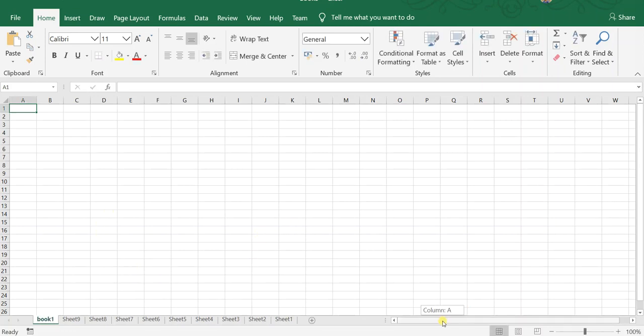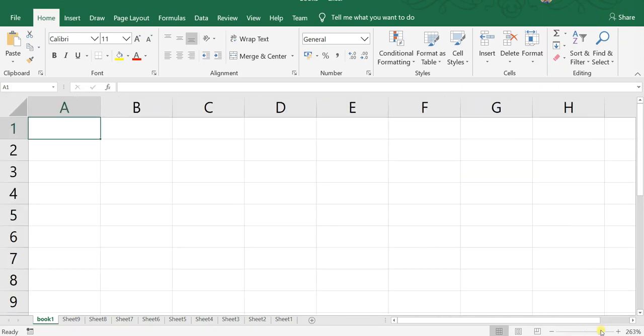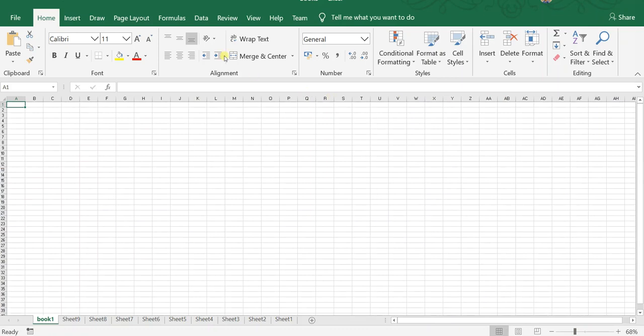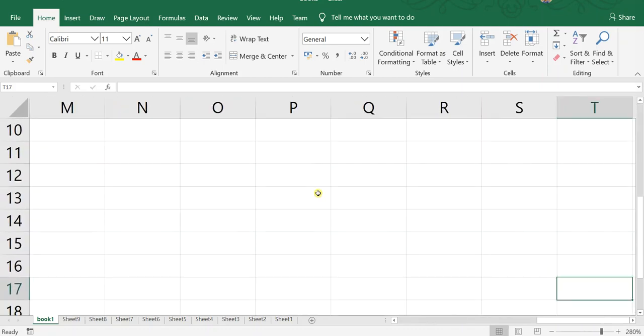And coming to here, these are scroll bars. So this is a horizontal scroll bar and this is a vertical scroll bar. And using this you can zoom in and zoom out the page. You can only zoom in the work area, not the toolbar. And this zoom in zoom out I can even do by pressing Ctrl and scrolling the mouse button. Just scrolling.